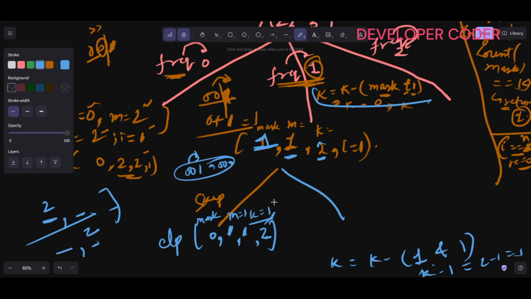So my k is 1 and the number of set bits in mask is 0, right? So both are not matching. Then I check this condition, i is equal to m. In this case, if you see, it's not matching, so we are simply returning 0 here, right? But now if you see here,